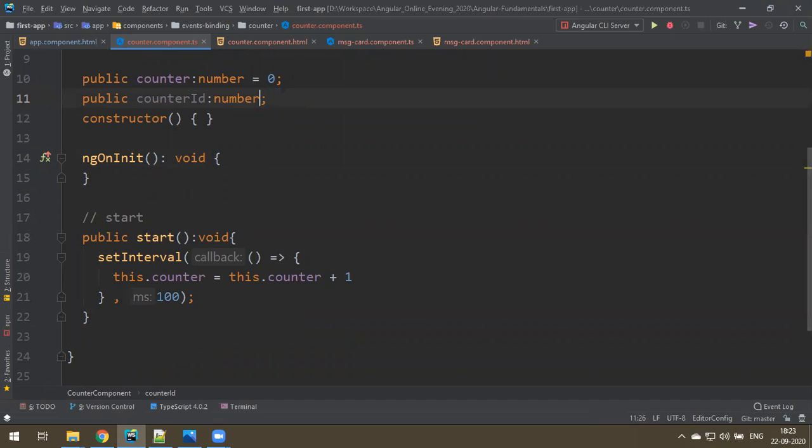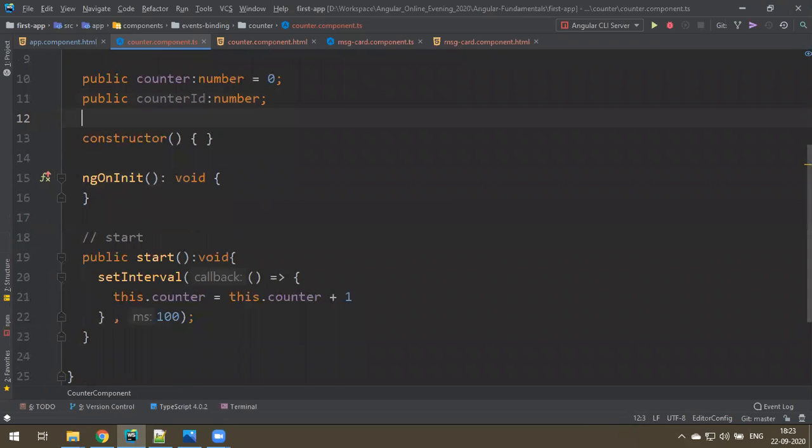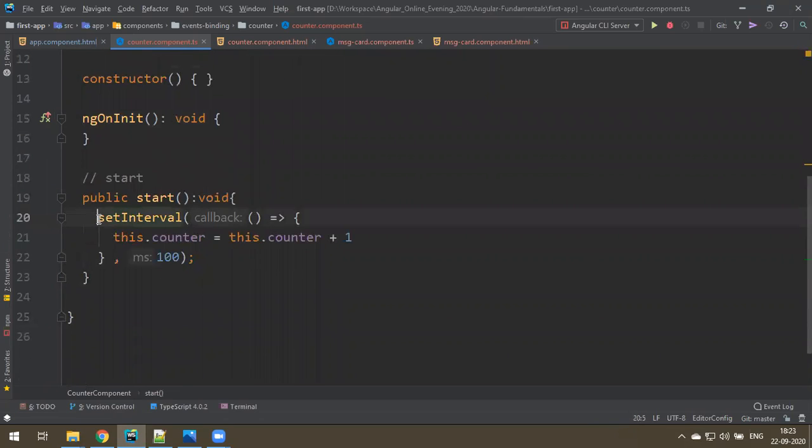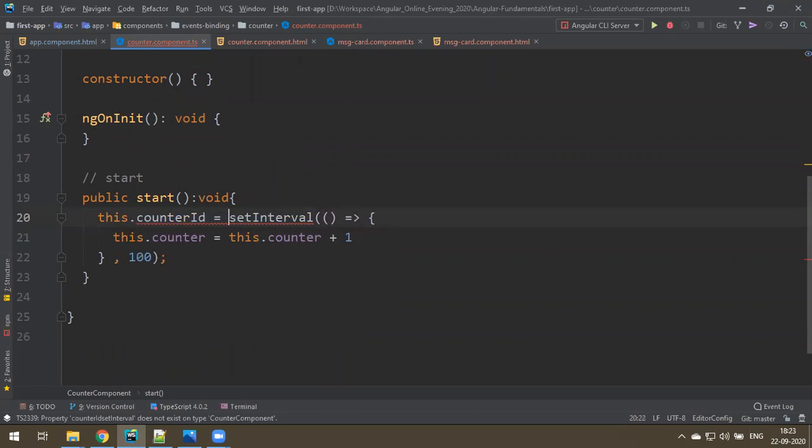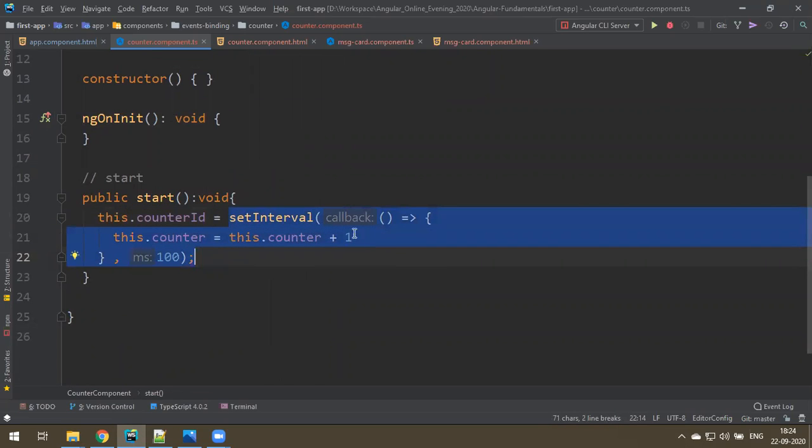Only declare. What I do is this.counterId is equal to setInterval. Once the setInterval function has started the timer, it will return an id to this variable, and this variable you can clear.